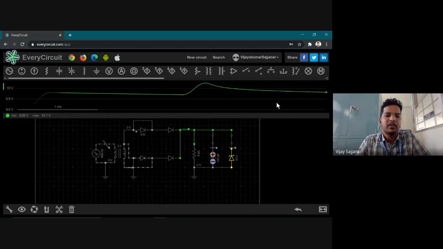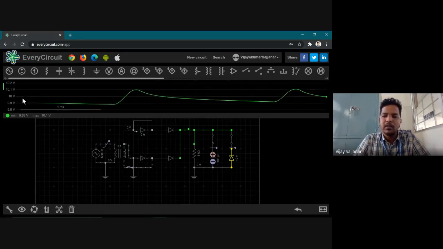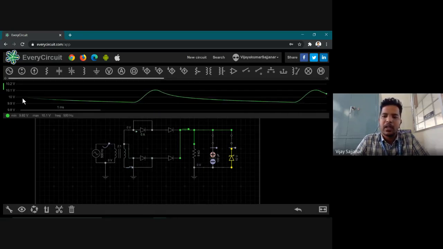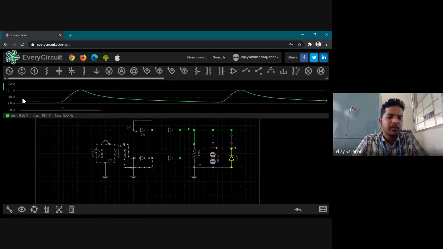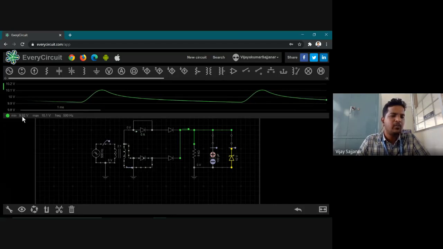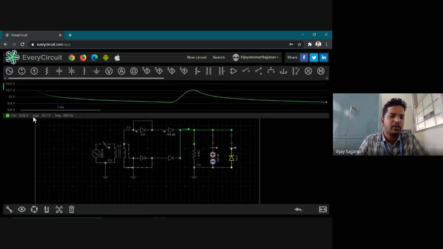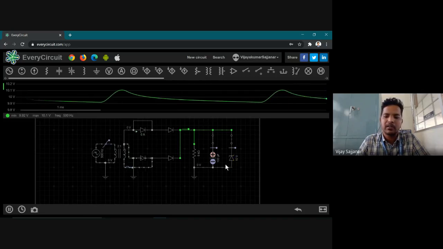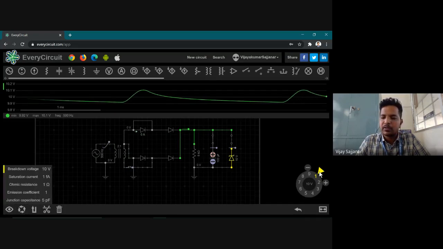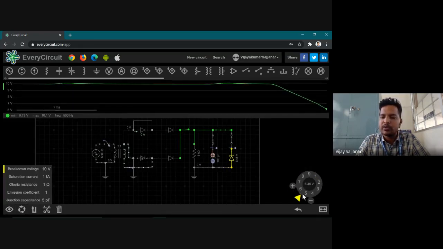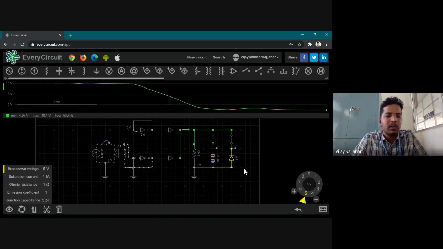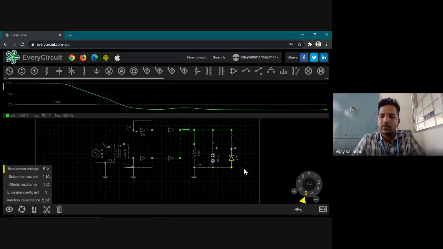Okay, seems like now it is stable. It has reached 10 volts. We'll still wait for it to stabilize. We'll have a confirmation that it is stable. Seems good enough. Our wave is stable at 9.9 to 10 volts, which is a very good value. Not many ripples are there. Let's ask the circuit to provide us with a 5 volt signal. What should be done? We have to use a Zener diode with a breakdown of 5 volts, so that we'll have 5 volts at the output. Let's wait for it to stabilize.